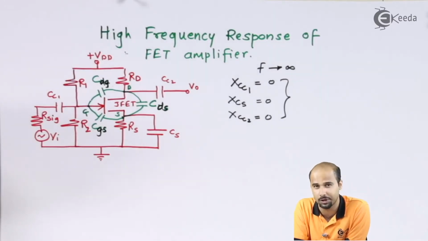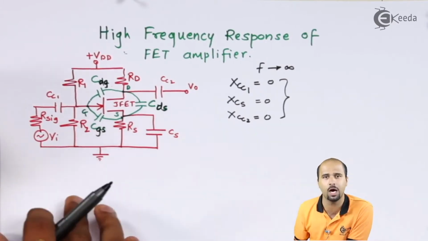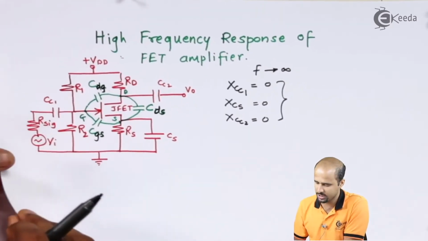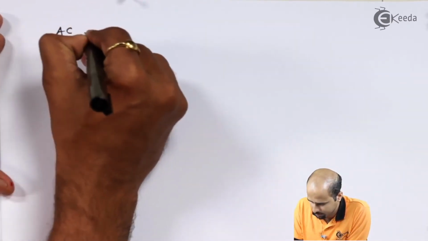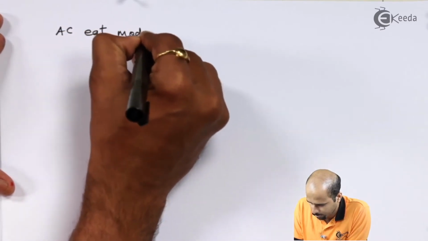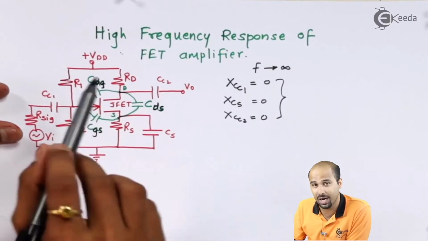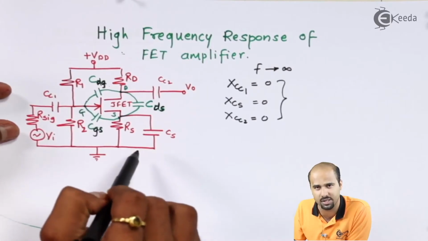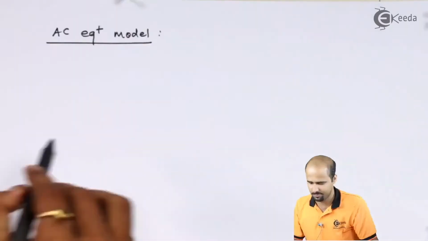Then we will proceed further for the calculation of FHI and FHO at the input and output side, and then we will determine which particular frequency we will have to calculate. So let us move further. We will draw the AC equivalent model. Just pause for a few minutes and draw this AC equivalent model for this particular circuit without disturbing these intrinsic capacitances. Short circuit all the coupling and bypass capacitances. Try to form the AC equivalent model on your own and then come to me. Pause your screen.